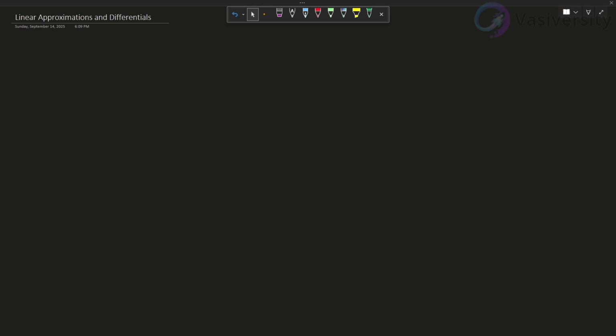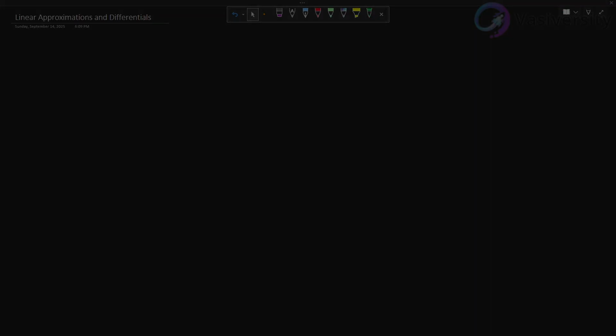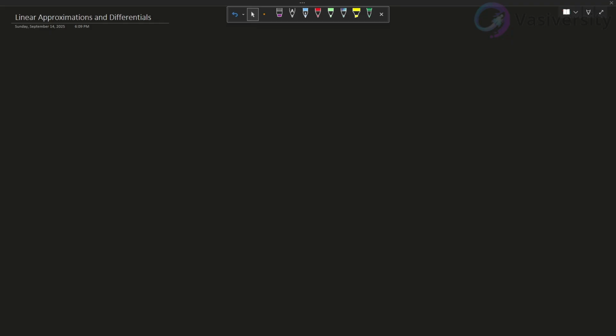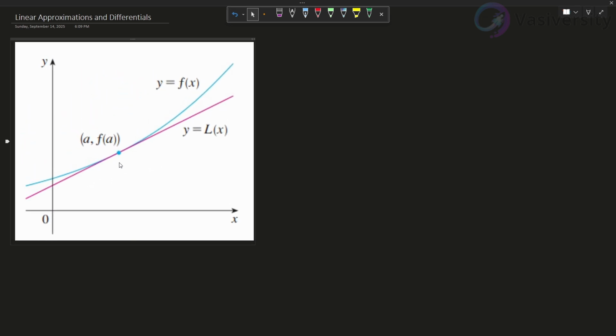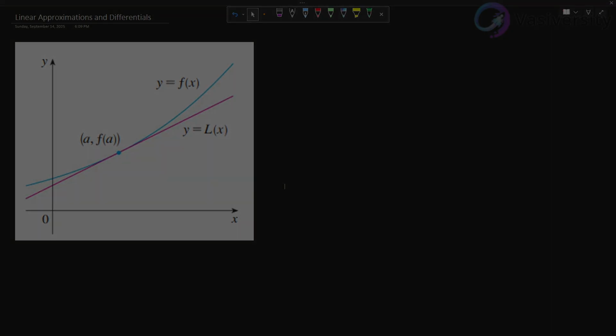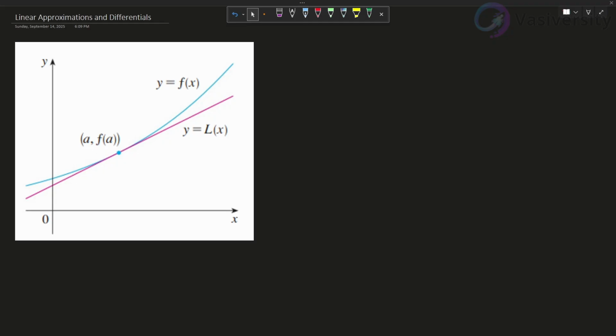So we already studied a little bit about linear approximations when we were learning about the derivative and properties of the derivative. So let's remember, when we're trying to do a derivative, we're trying to find the slope at the point, and that slope at the point would give us essentially a value. So this is essentially going to be our linear approximation. So the tangent line, or in other words, the linear approximation,